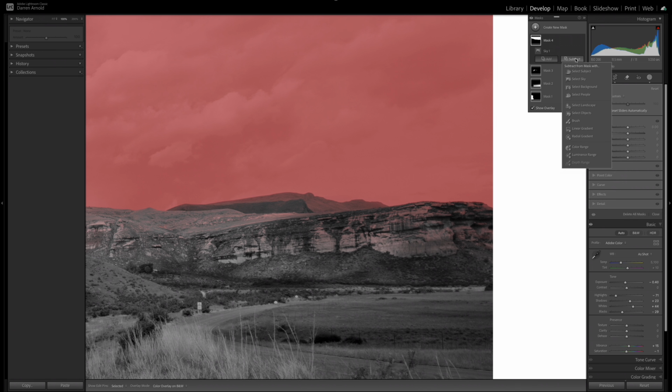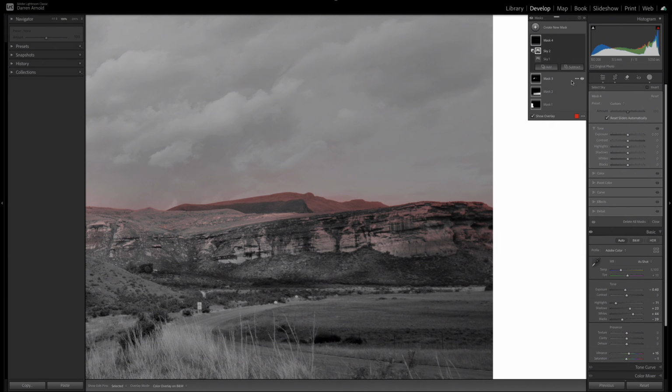Now you might say you've only just selected the sky. If you subtract it, then surely you'll neutralize and there will be no selection at all. Well, actually, that's not what happens. When you subtract the sky, it leaves all of the areas that you didn't want to select in the first place. So when I invert that second